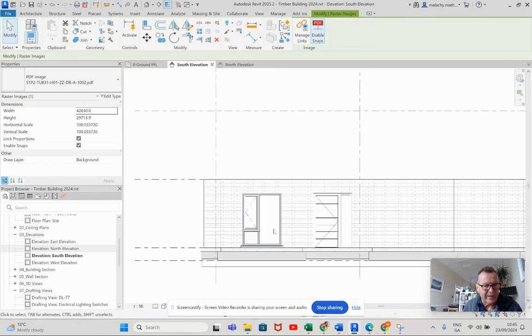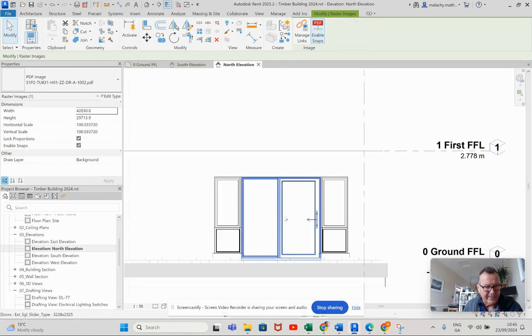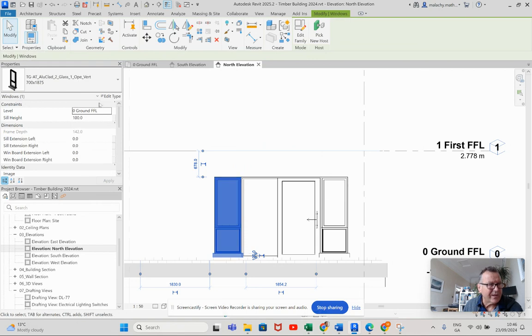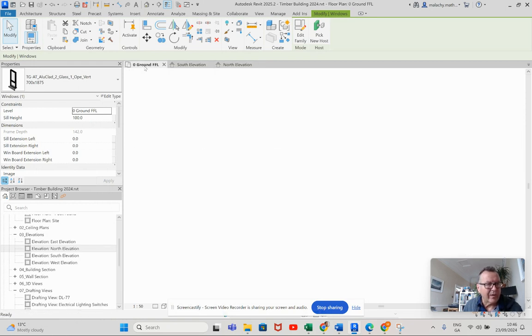So what I've done here for this one is a single sliding type. Again, a family I downloaded from NBS, I think. I can pop that up there if you need it as well. And then just standard Alu-clad type 2, okay, on either side there. And if we go into the ground floor plan,